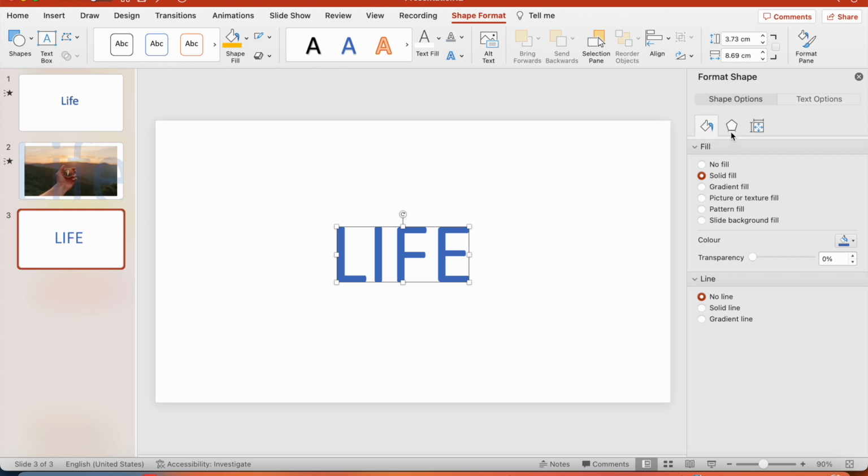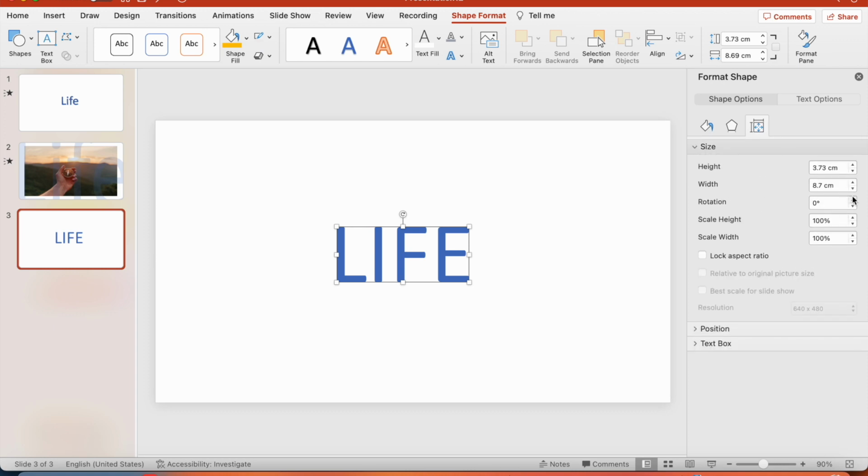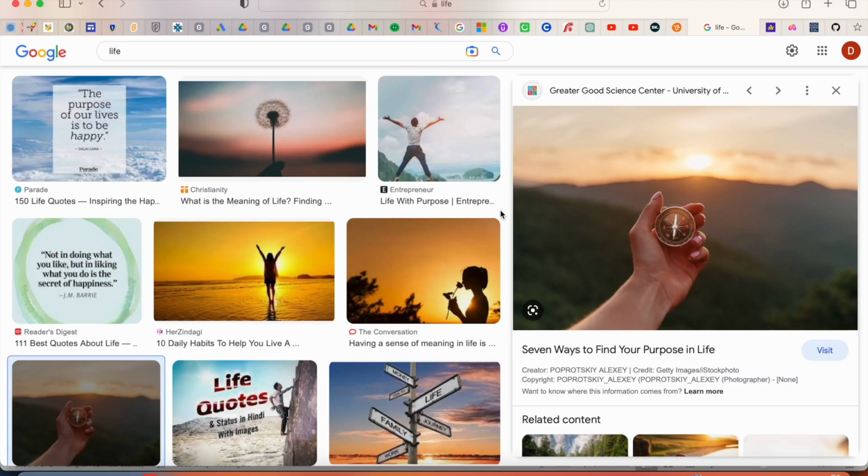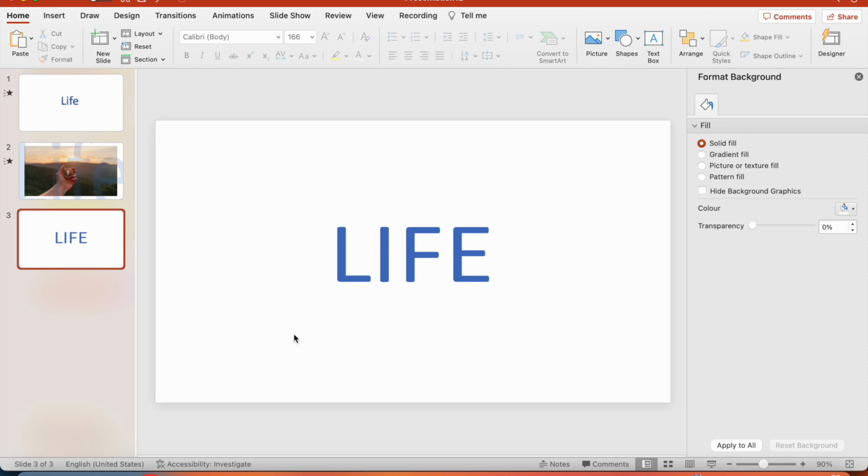Also, we can increase the size and width from here. Whatever width you want, I'm just taking 10 centimeters right now. Now we have to take an image, this kind of image, and you can get it from Google. I will just copy this image,